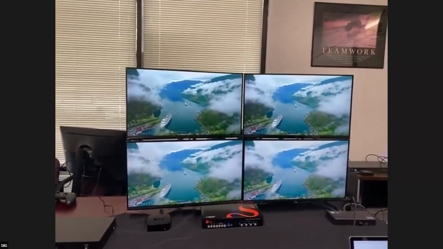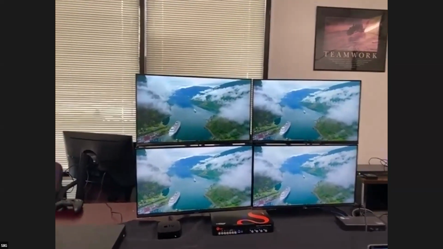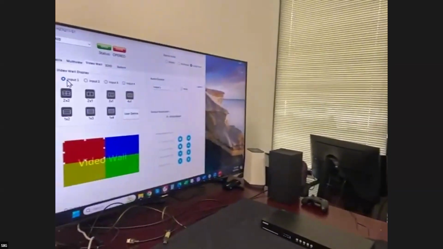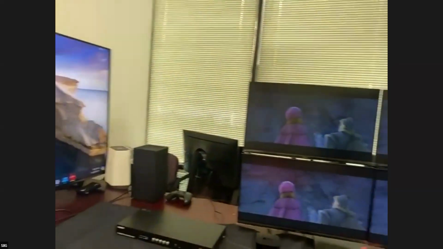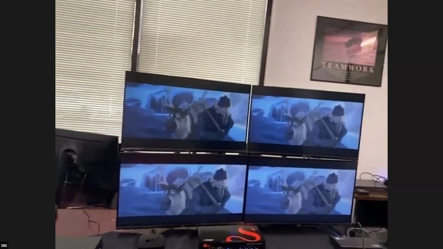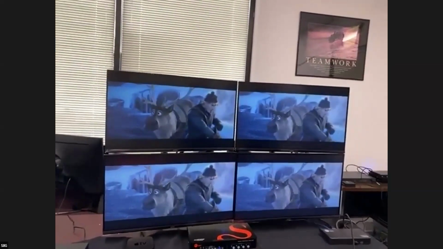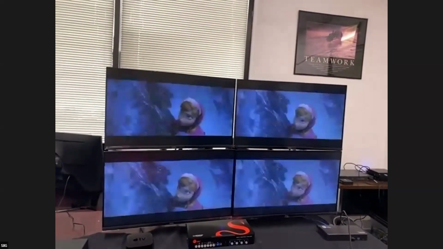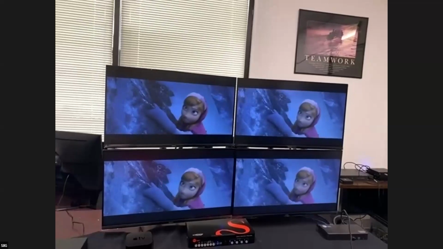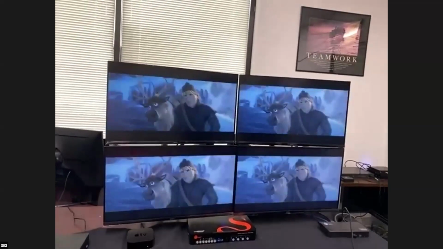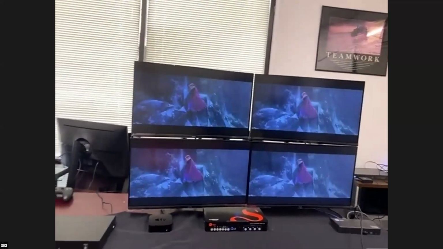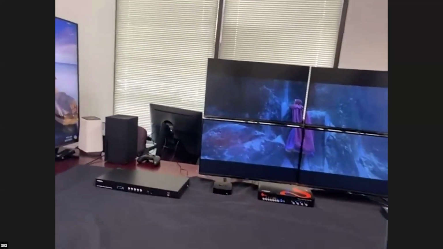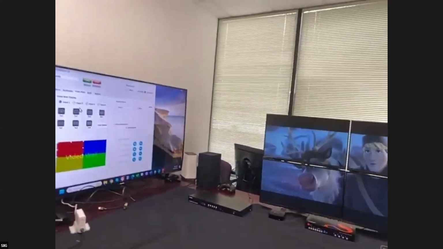Okay. And then change the input and the set. It supports seamless switching. So when you switch in a matrix mode between devices, it's instantaneous. And then also when you switch with your input in the video wall setup,